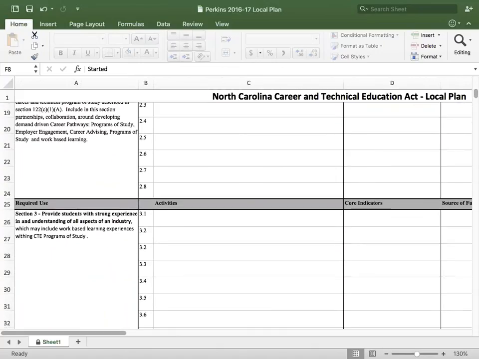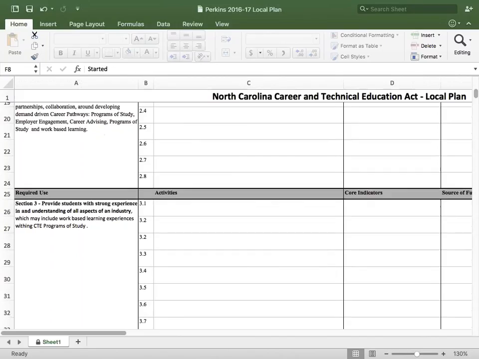Another best practice that we're seeing is doing mini grants, and this works well for both equipment and professional development. If you do something like that, you may ask, well, how can I be specific? Put in the process. You can state that you're going to be putting out a request for proposals from your faculty, and just outline the process in your local plan. Then once you know what you're going to be purchasing, you would just submit a budget modification, which we'll talk about in a second, for that equipment.